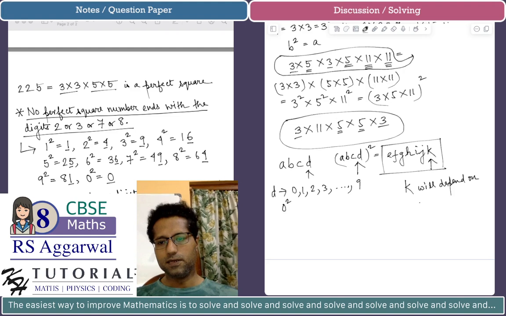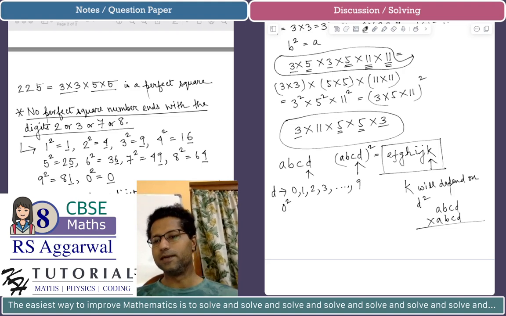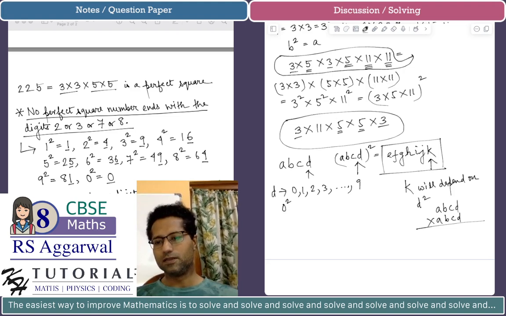Why? Because when we are taking the square, we are doing ABCD multiplied by ABCD. We will do this kind of multiplication, and clearly you can see we are multiplying d with d. So whatever d square is,